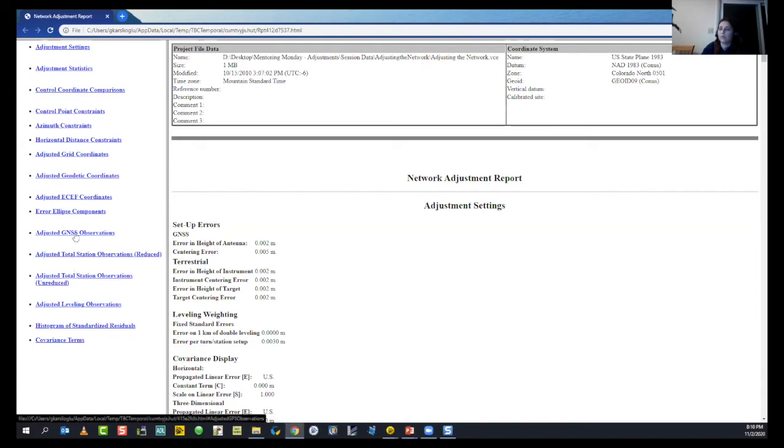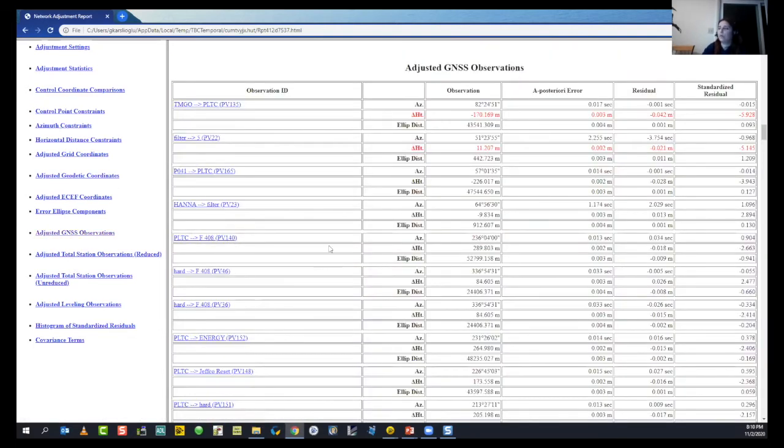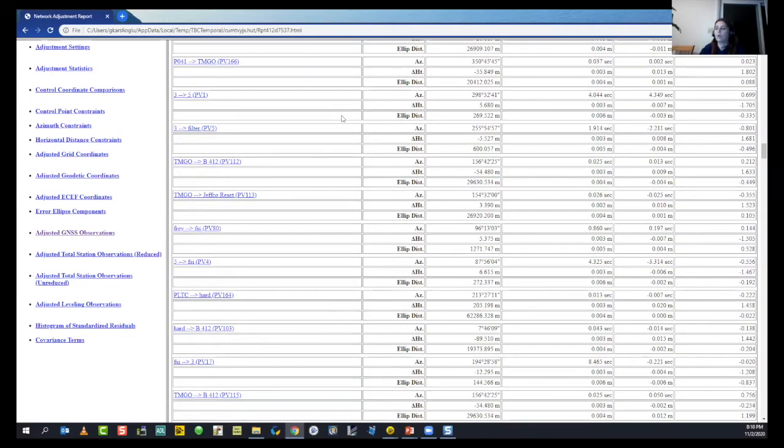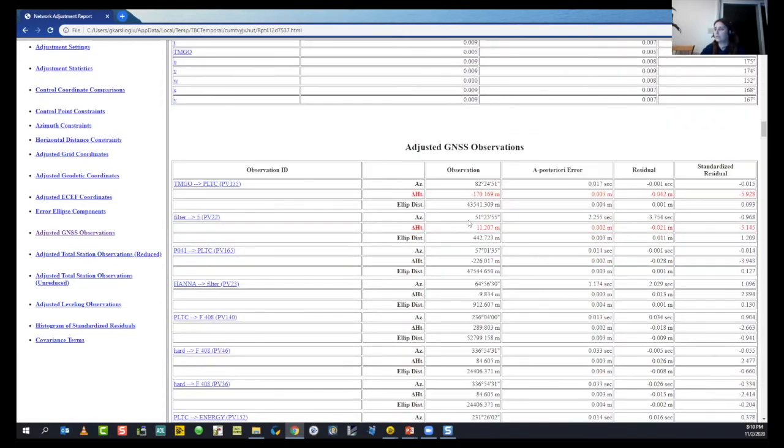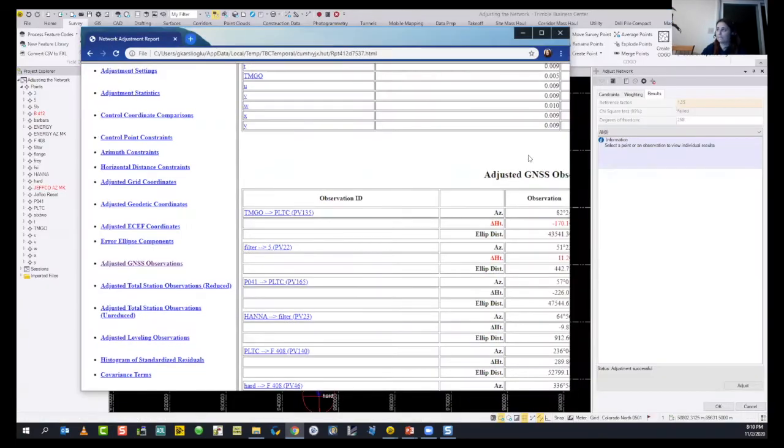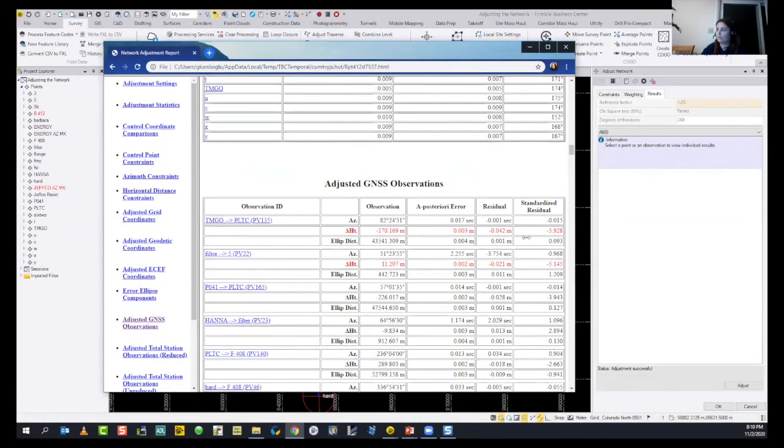So we can click on Adjusted GNSS Observations and display why my Chi test failed. And I see that I have 2 observations in here that don't satisfy the tau criterion. So I can come back in my menu.